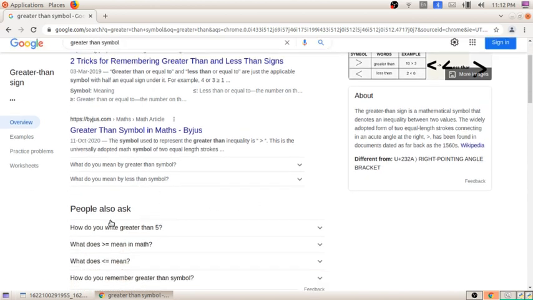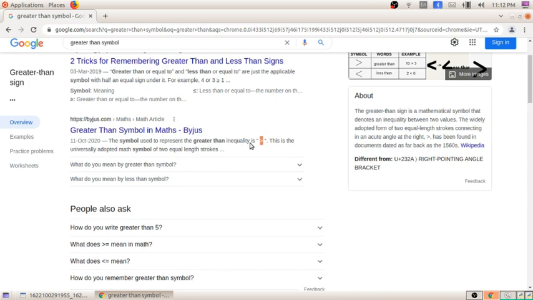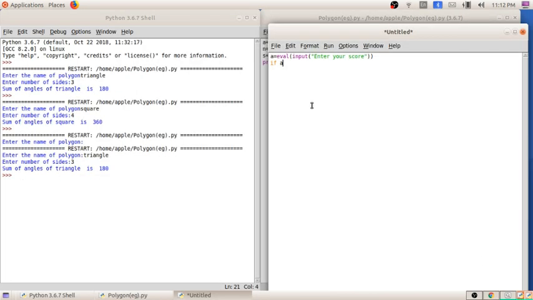So I am typing this: A greater than 80, then we have to put a colon.